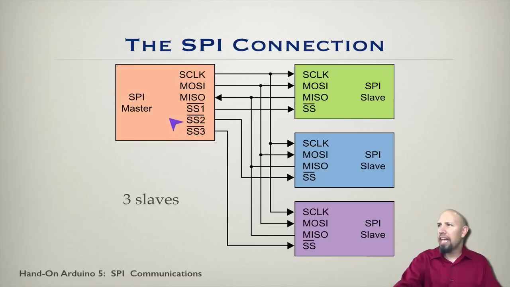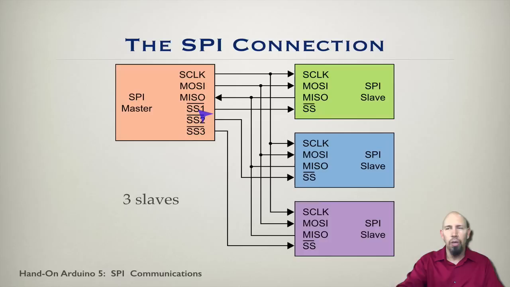We have an SPI master and we have 3 slaves. SPI communication is bidirectional communication. If you notice, there is a master out, slave in, and a master in, slave out. 2 different communication lines, one going one direction, the other going the other direction. Both of these lines are connected to all the slaves. In addition, the clock is connected to all the slaves, and each slave has what's called a slave select line,